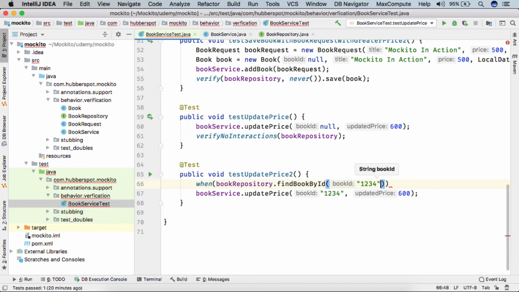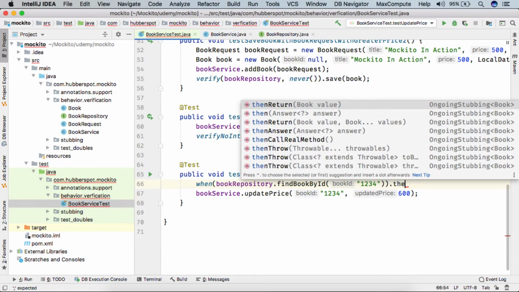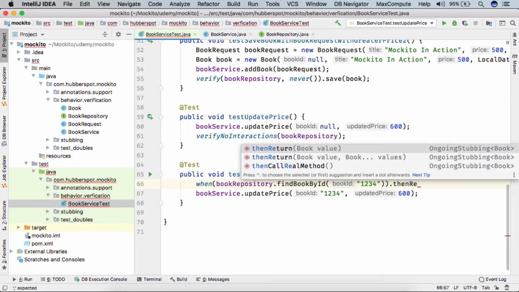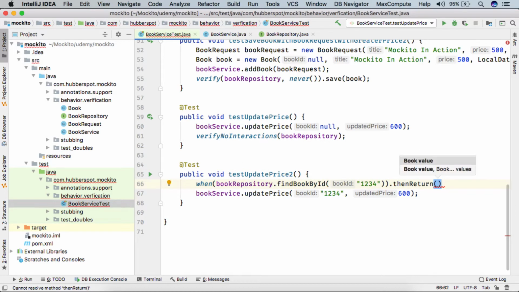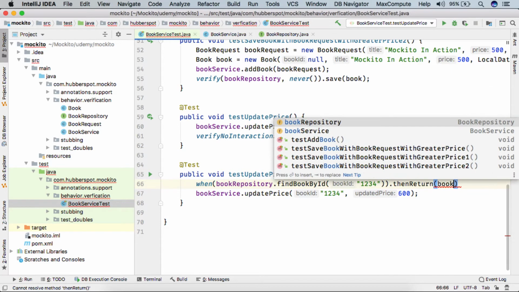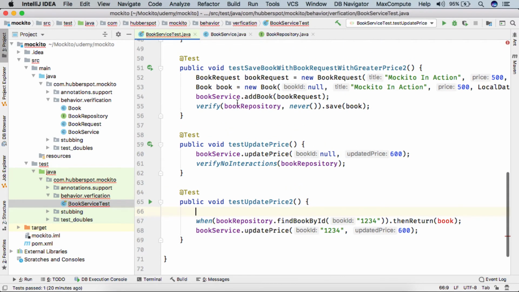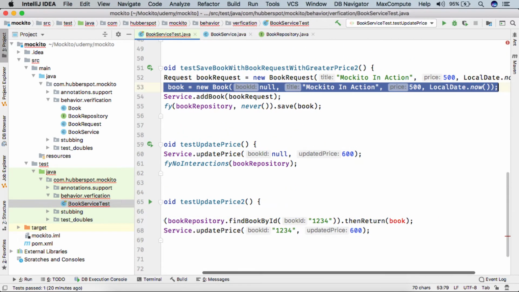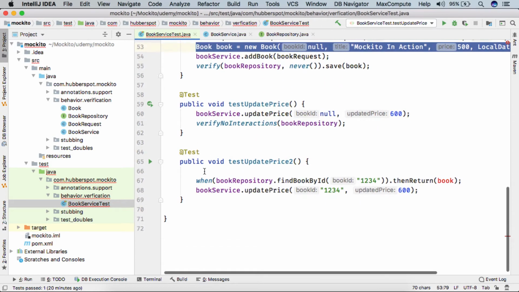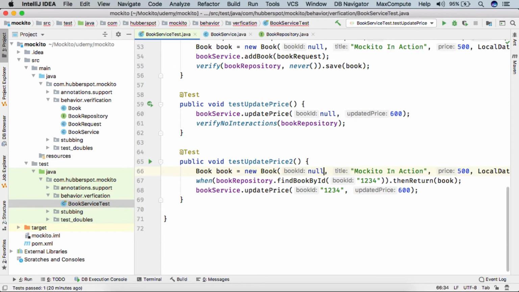Let's say we provide the value as 1, 2, 3, 4 and we say then return, let's say a book, and here I'll simply copy this part, and let's say book ID is 1, 2, 3, 4, and let's say I want to update the price to 500 only.